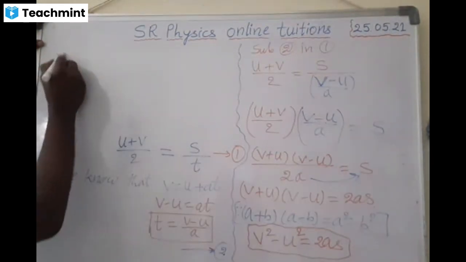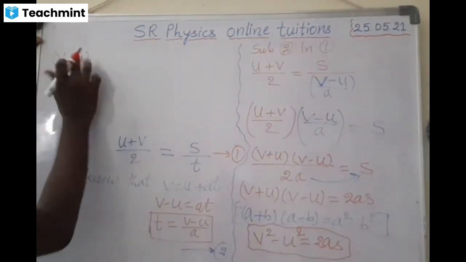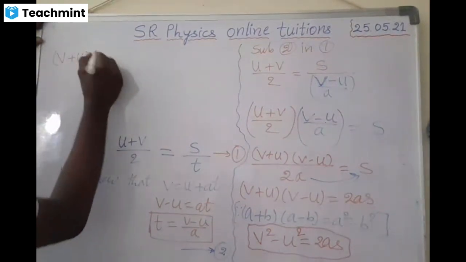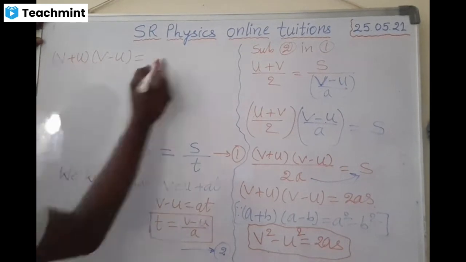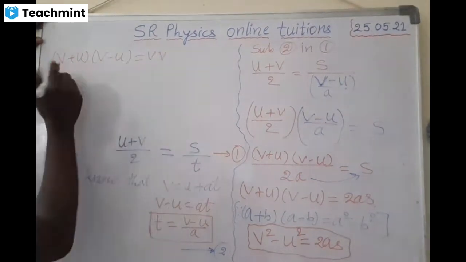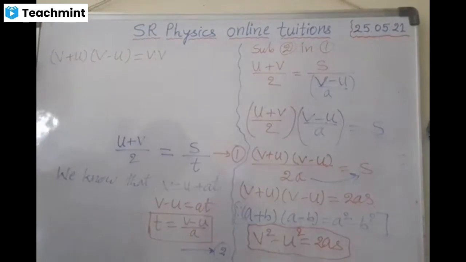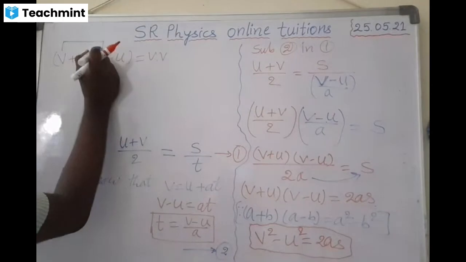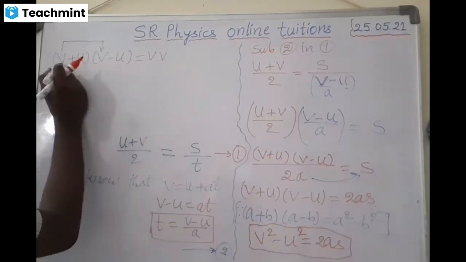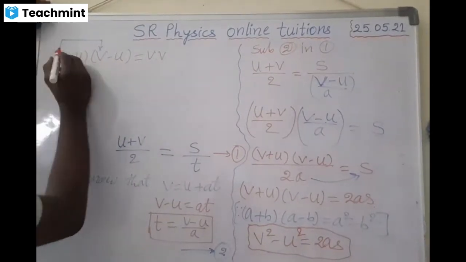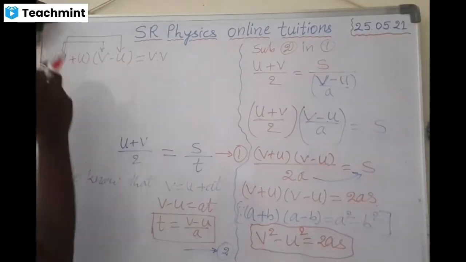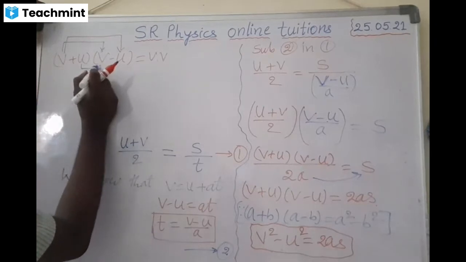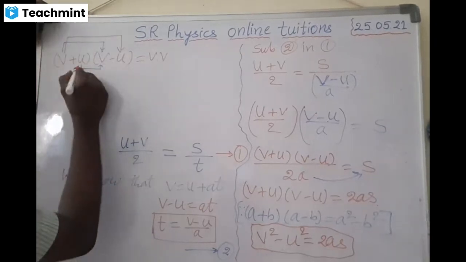See, v plus u into v minus u. So v into v, v into v. First, we have to multiply the first term of it with this. Next, the first term of it only, we have to multiply with this. Next, after that, the u is to be multiplied with this, and then